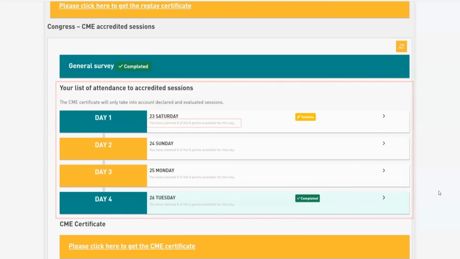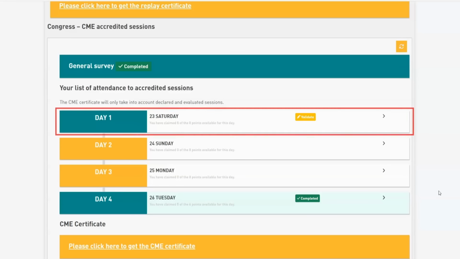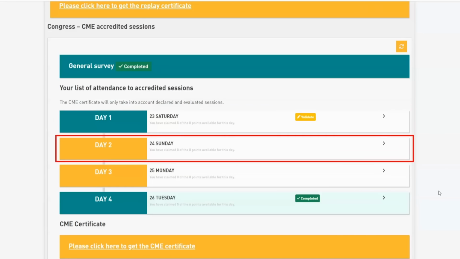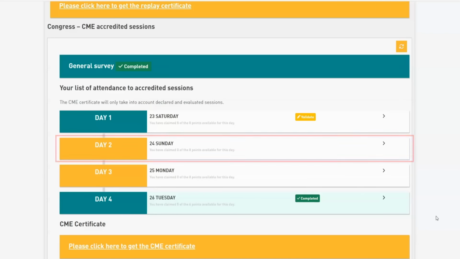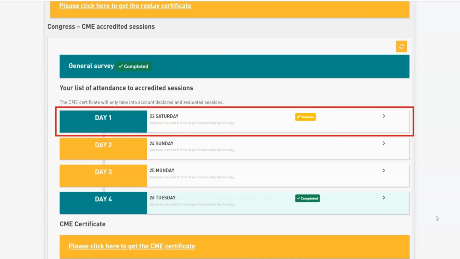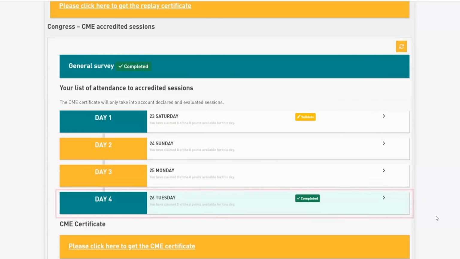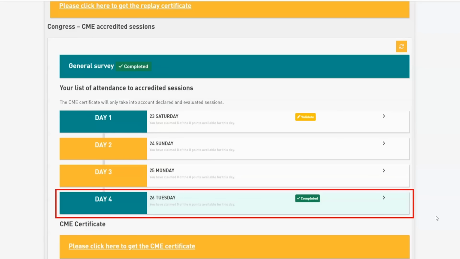points you can claim. By clicking on a day in the list of attendance to accredited sessions, you can see a summary of the sessions you have attended, on-site or online. A day highlighted in yellow means that you did not attend or indicates that you have attended a session on this day. A day in a green color followed by validate in yellow means that you have session surveys to complete on this specific day to get the maximum number of CME. A day in a green color followed by completed in green means that all the surveys for this day have